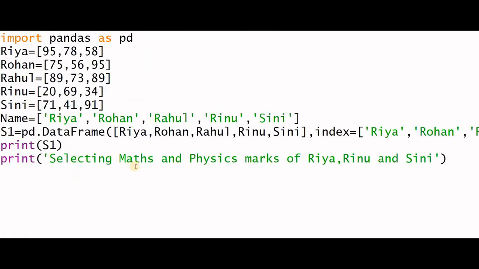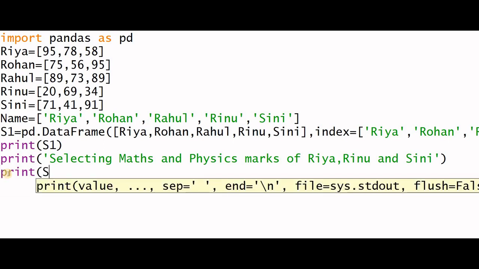So we are going to access Maths and Physics marks of Ria, Rinu and Sini. So here print, data frame name is S1 using LOC. So LOC square bracket, the row label list.